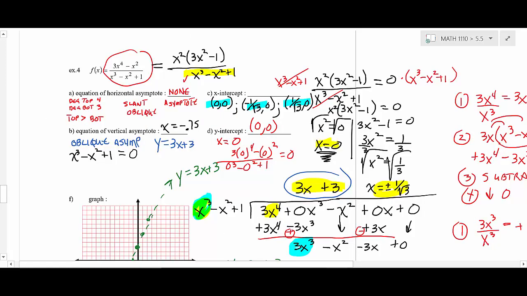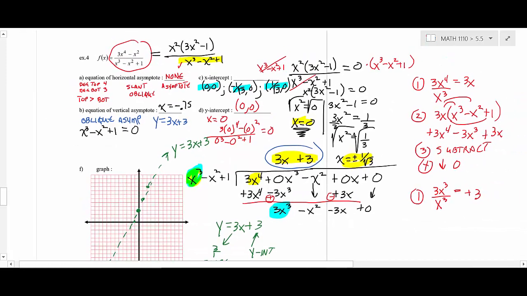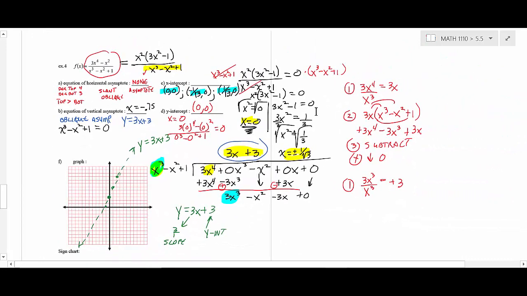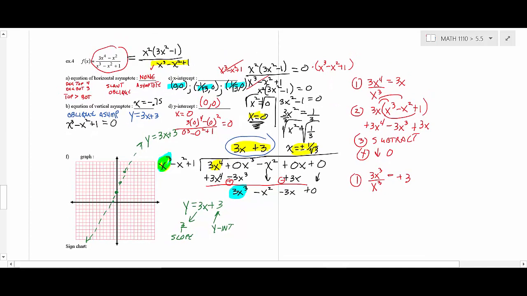Now the rest of this problem, because it's fairly complicated, we're not going to even bother doing a sign chart on this. We're just going to use our calculator to show you how this goes. Then we'll just do a rough sketch. I don't have you do sign charts on oblique asymptotes at all. There's one other thing I want you to put on your graph,